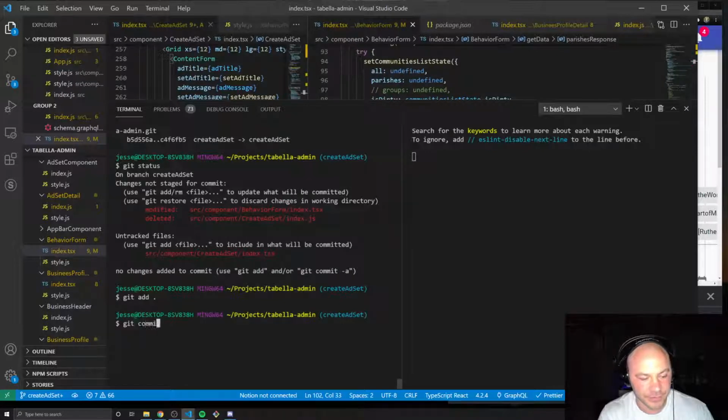Then I'm going to do a git commit. I'm going to put the M flag there so that we can put a message right here in line. And I use feat for feature, just we've added a new feature. And this is going to be